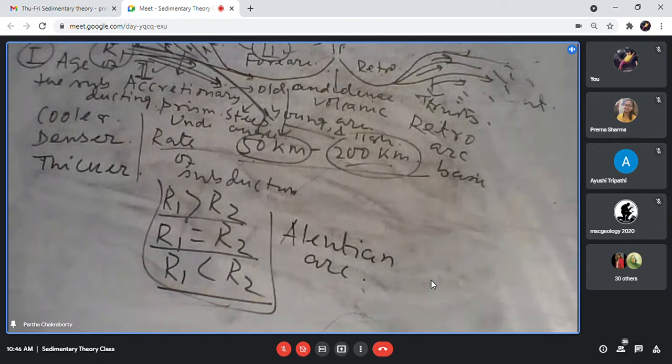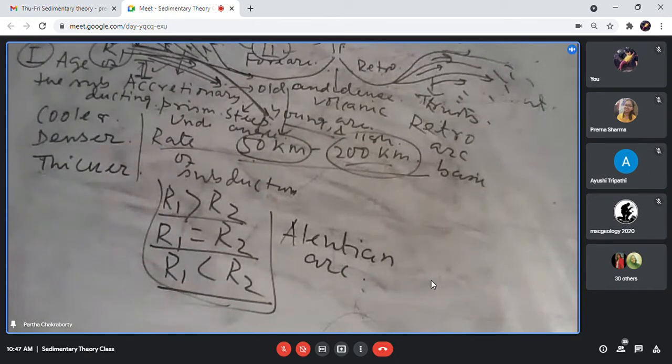That doesn't mean that the rate of convergence will go down. That will not go down, because that is independent, that is the overriding plate. The rate of convergence is now higher than the rate of subduction. Right? So what is the rate of convergence? It is the rate at which the overriding plate is trying to go towards the trench. Because the ultimate aim, kya hai? That we should make the trench static, or the trench should be existing, so that subduction goes on.